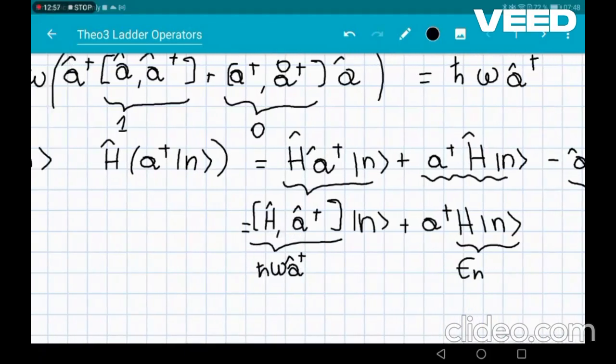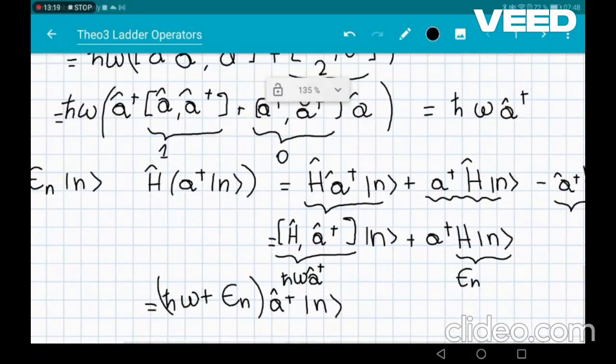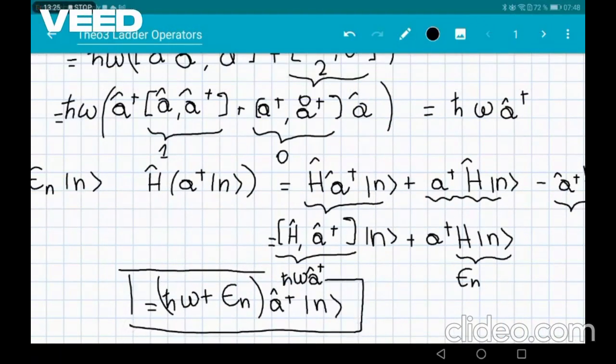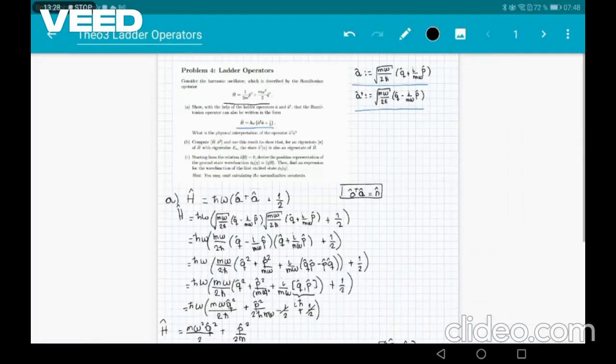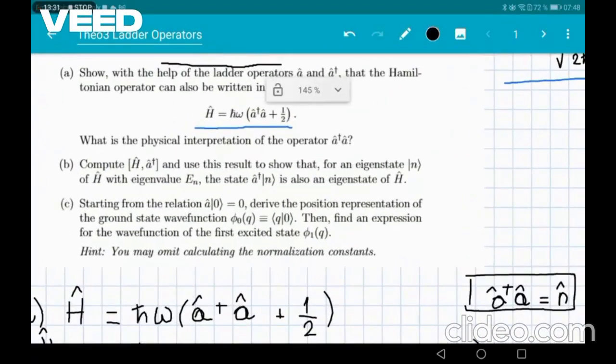And then I can just rewrite this as h bar omega plus En times A dagger of the eigenstate n. So that's what we needed to show. So now in part C, we have